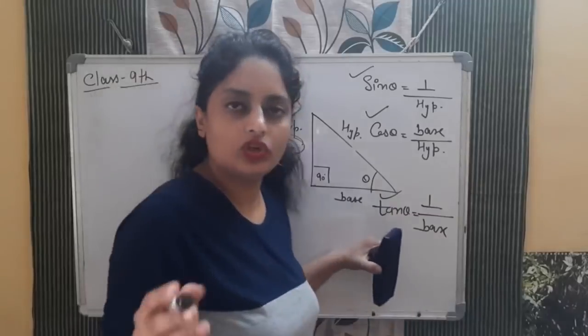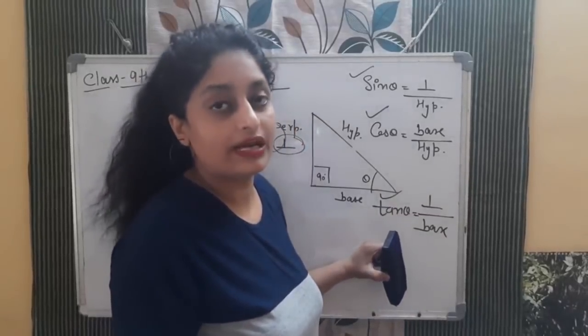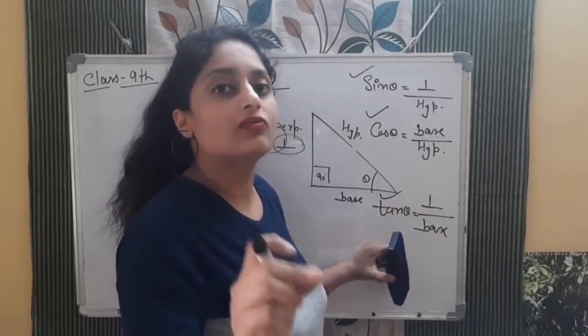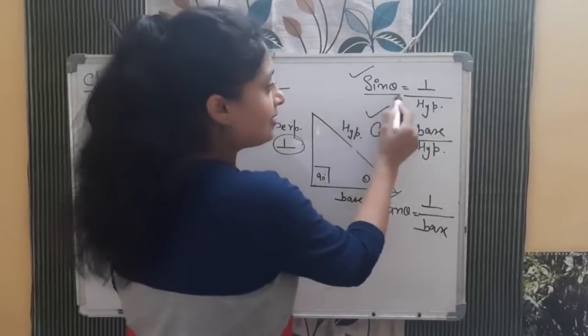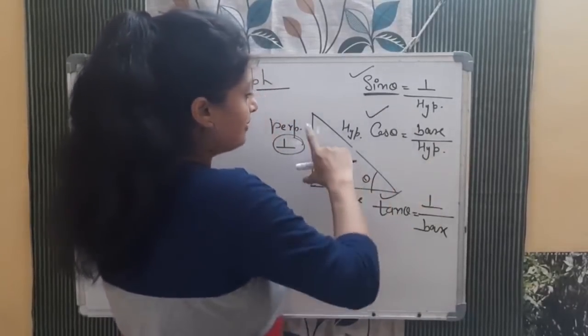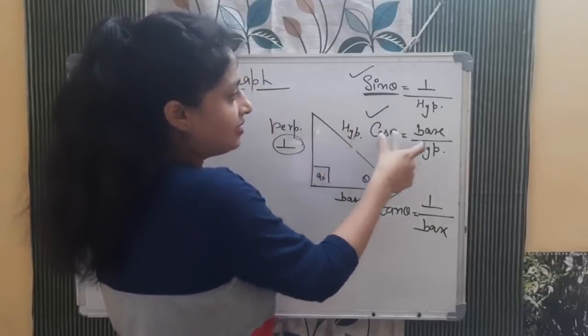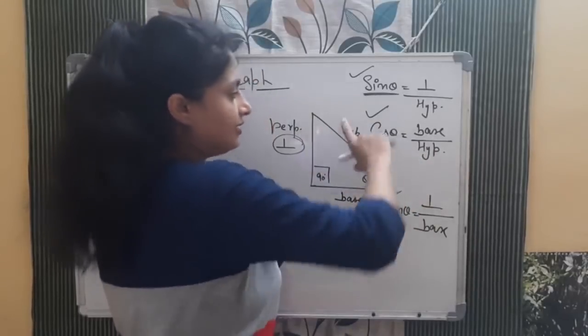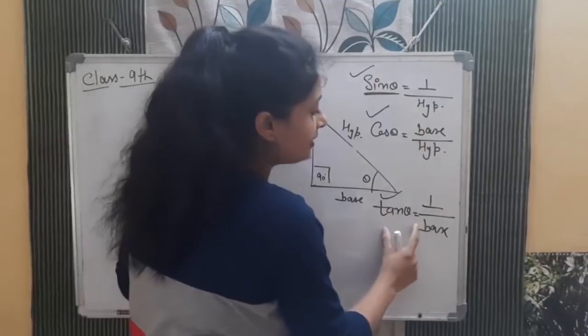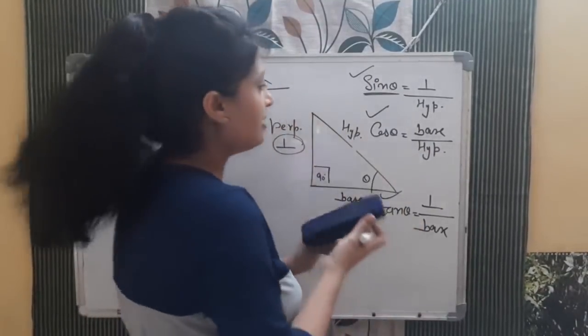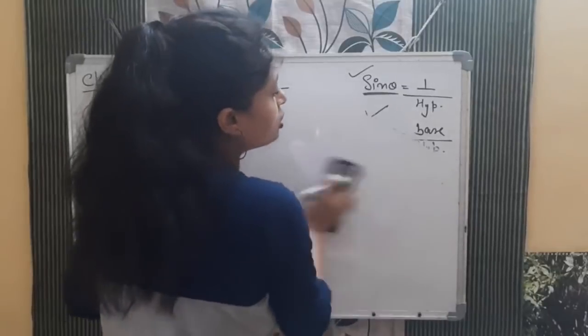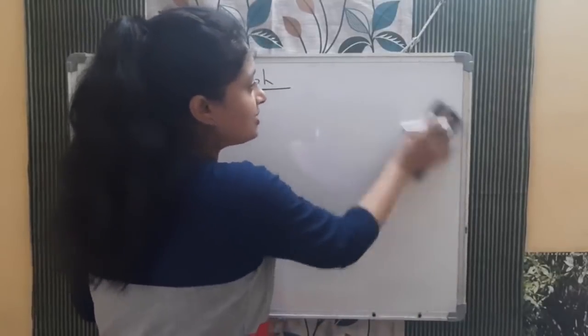And the hypotenuse theorem you have already studied in 8th standard. That is, hypotenuse square is equal to base square plus height square. Okay, so sin theta shows this side divided by this side. Cos theta shows this side divided by this side, and tangent theta shows perpendicular divided by base. So if I talk to you about the slope, so what is slope, son? Slope is tangent theta.